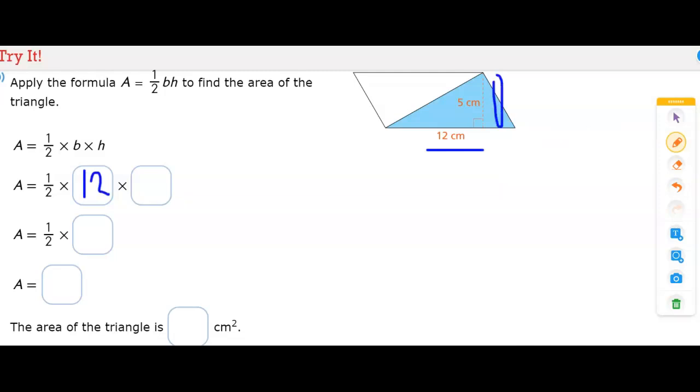And our height, which is represented by those dotted lines, is 5, so we substitute the H for 5. 12 times 5 is 60. And so 1/2 times 60 is the same as saying 60 divided by 2, and that is 30. So the area of this triangle is 30 centimeters squared, and it's squared because centimeters times another centimeters is squared,